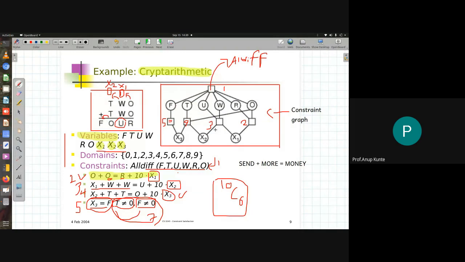And then we need to understand what domains it has. Since it's an arithmetic problem, generally a digit may have a value from 0 to 9. So there are 10 values, as rightly pointed out by Ajay, 10 values in the domain, and for all the variables the domain is the same. The only thing is that certain variables can't take all the values from the domain, because they are restricted, just like t and f. T can't be 0 and f also can't be 0.